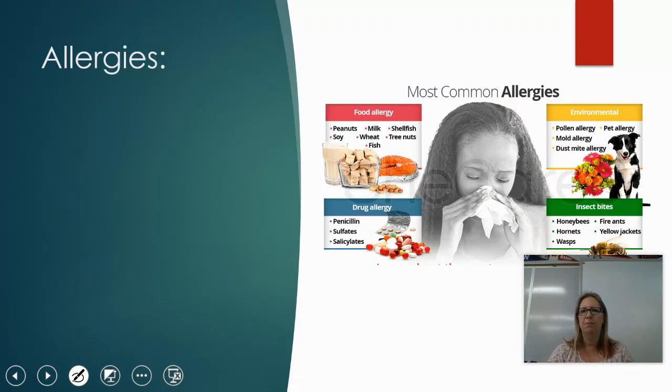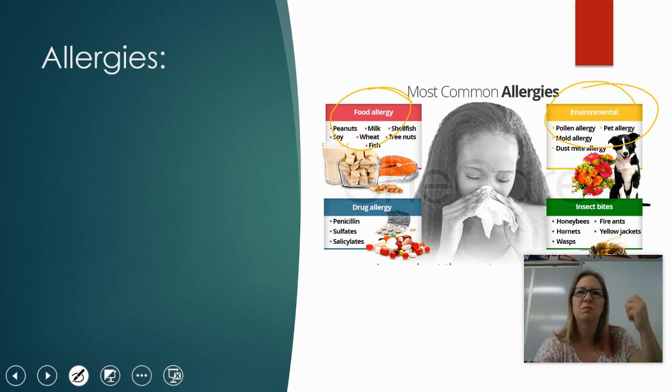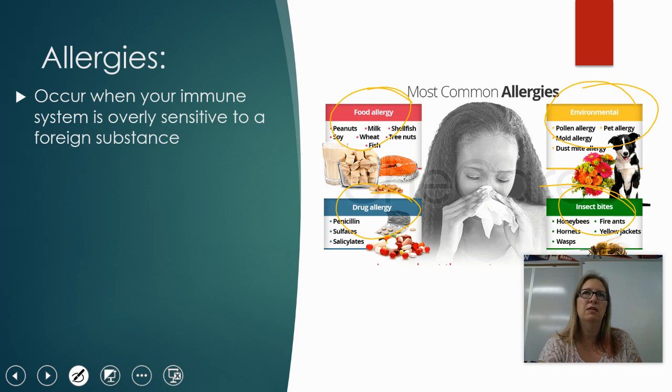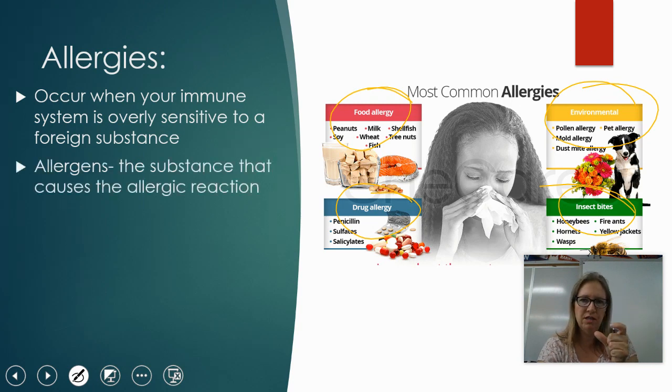Allergies is a big one. A lot of us probably suffer from different kinds of allergies. You can have food allergies, like hay fever, environmental allergies. That's the allergies to animals and dust and pollen and things like that. You can be allergic to different medications or insect bites, okay? Those are the common ones. And what's happening is your immune system is overreacting to something. It's recognizing the antigens on those things, and it's kicking up its reaction. It's like an inflammatory response, okay? The allergen is the substance that you are allergic to, and that's what's stimulating that allergic reaction, okay?